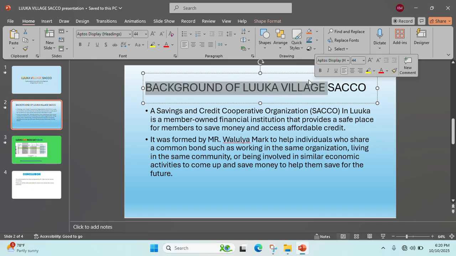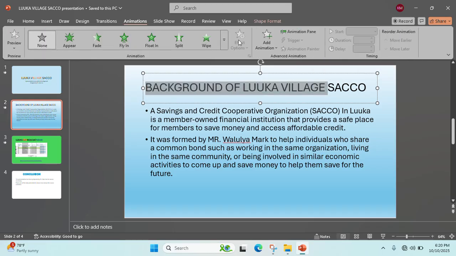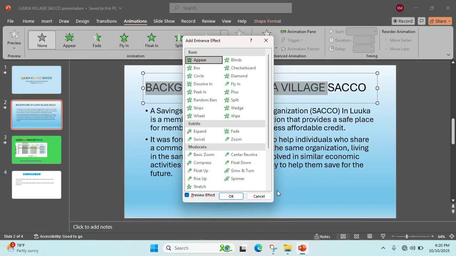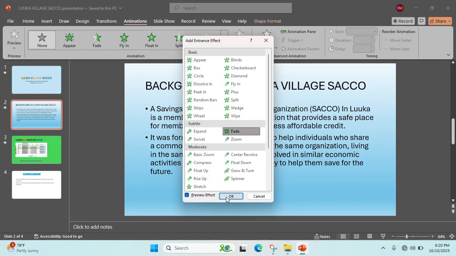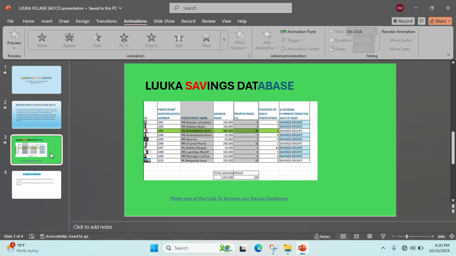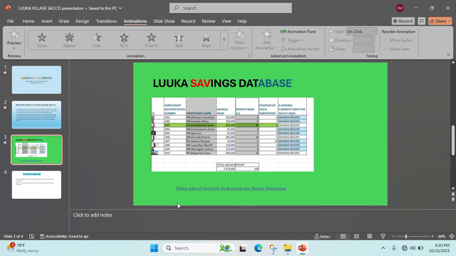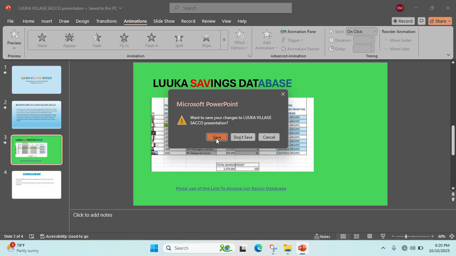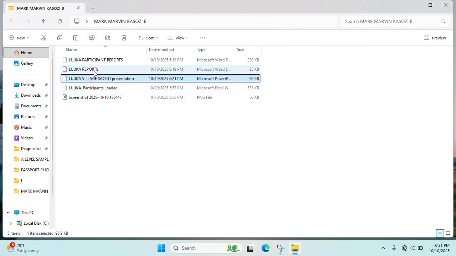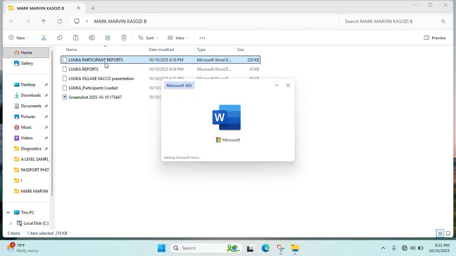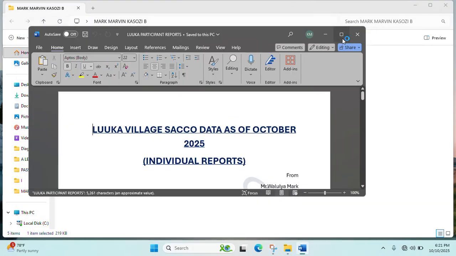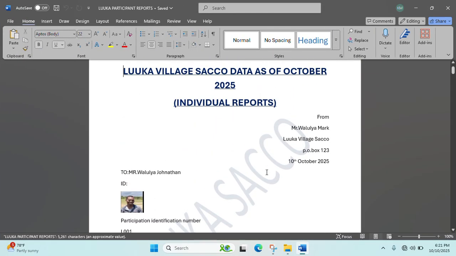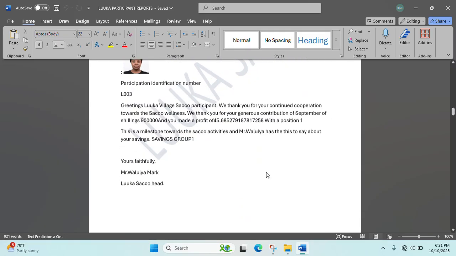So here at presentation, I've talked of presentation. The learner can add a lot. Animations are there. Add animation, more entrance, fade, etc. You can add a lot depending on your creativity. Speaker notes, etc. So this is my presentation. I can close it and save. Then also the local participant reports, if I open them, they are all attached there